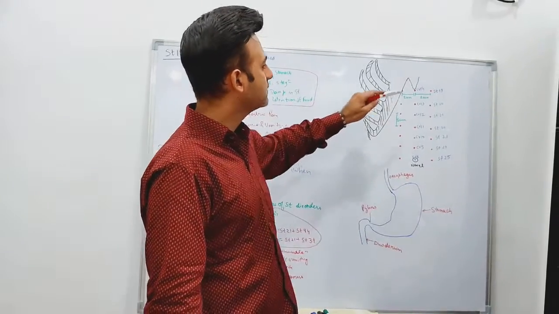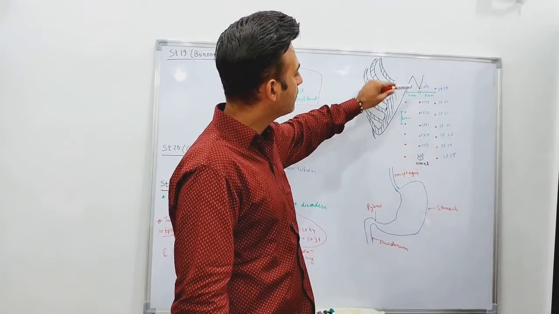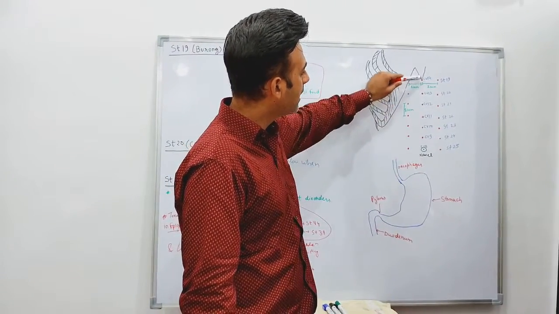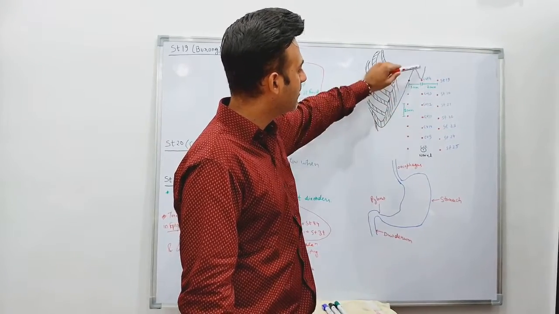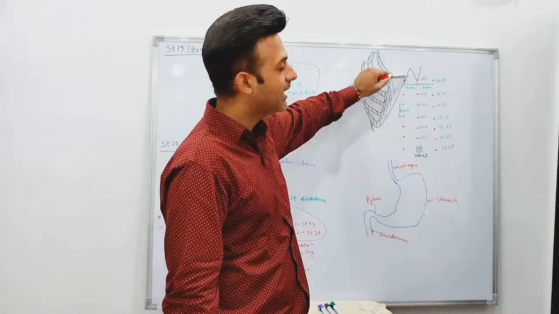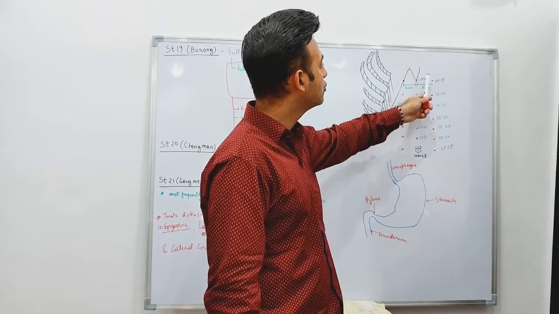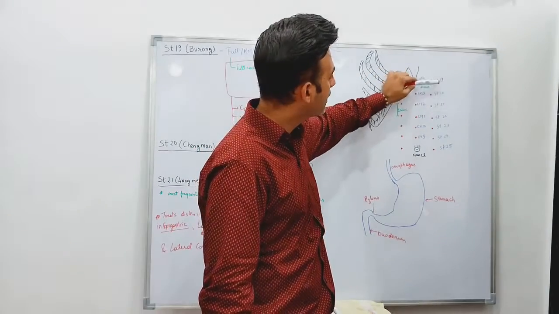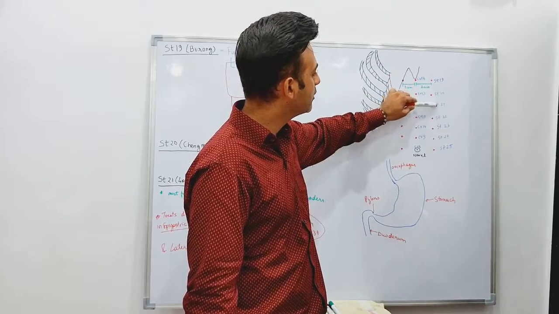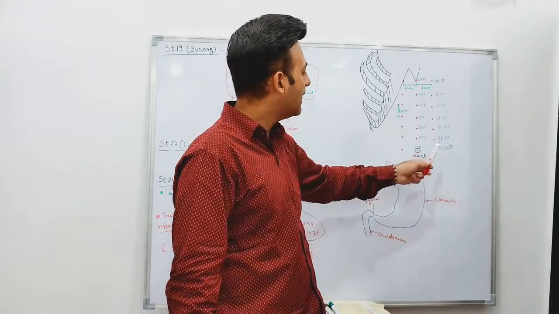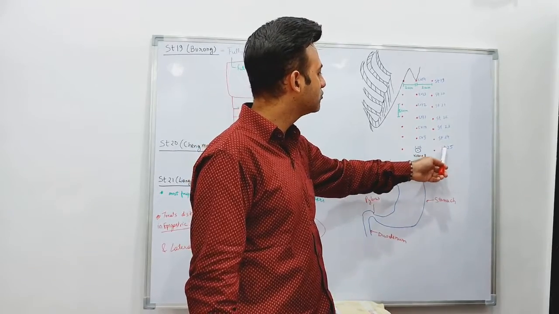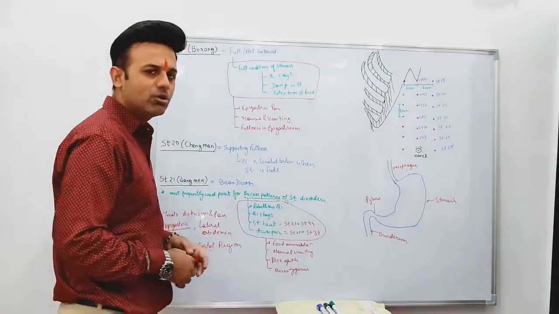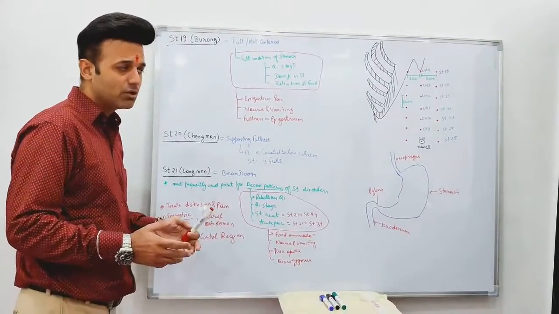In order to locate Stomach 19, you should know where CV14 is. CV14 is 6 chun above the navel in the midline, and from that point you go 2 chun laterally. There will be the Stomach 19 point. Then 1 chun below it will be 20, then 1 chun below 21, 22, 23, 24, and at the level of the navel, 2 chun laterally, it will be the Stomach 25 point. So very easy to locate. Now let's go to the points one by one.